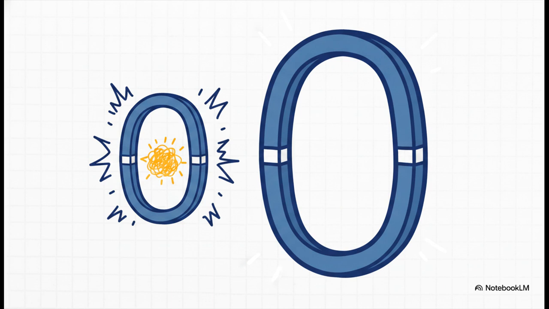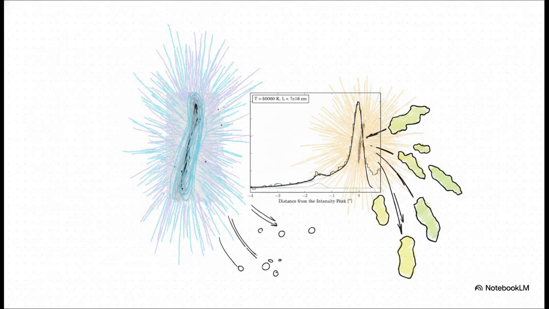A normal supernova blast wave only lasts at peak strength for about 1,000 years. If you calculate the energy using the standard strength of an interstellar magnetic field compressed by a shock, it maxes out at about 10^14 electron volts. Now that's a massive number, sure, but it is way, way short of the 10^20 electron volts we are looking for. Something had to be massively amplifying the magnetic fields to hold the particles in the ping-pong match longer. We know the math isn't lying to us because we can literally see it happening.